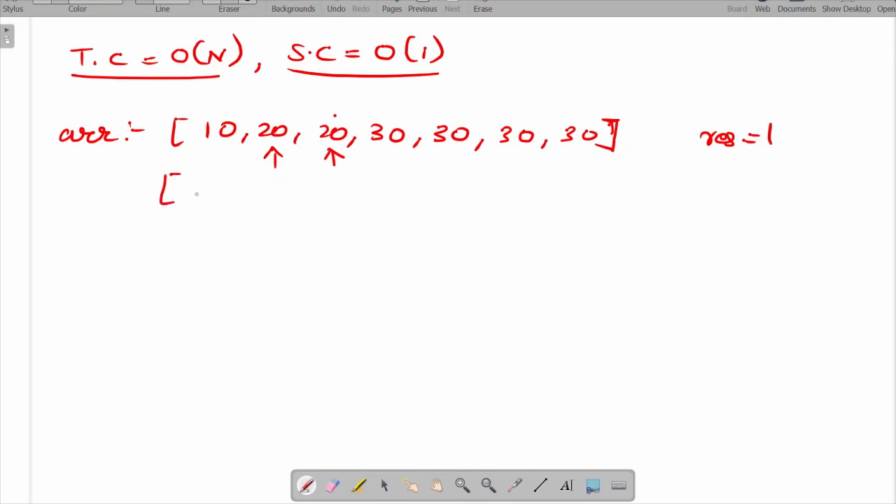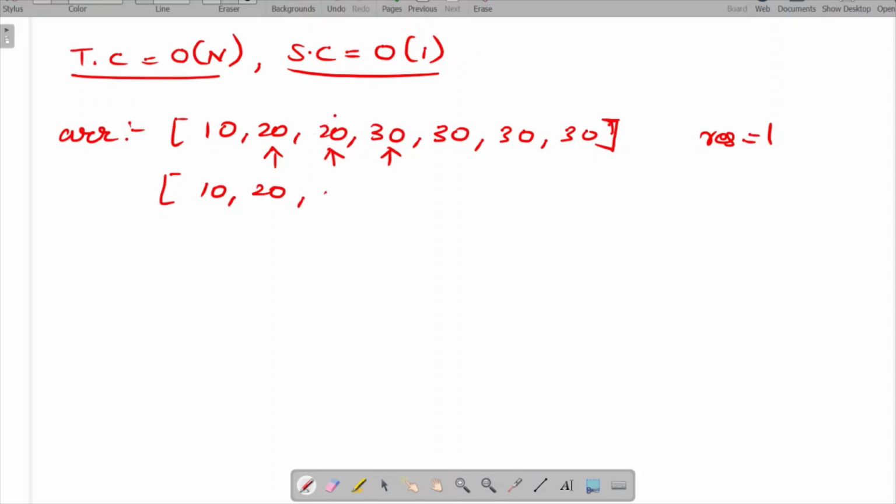So if you see how the array is getting updated, 10 and 20 we have entered, and at the third position we have not entered anything. Now we have simply incremented our i value. We will compare 30 with this 20, which is the last entry in our current array. So now when we compare this, we find that they both are not equal, so we will enter this 30 at this position.